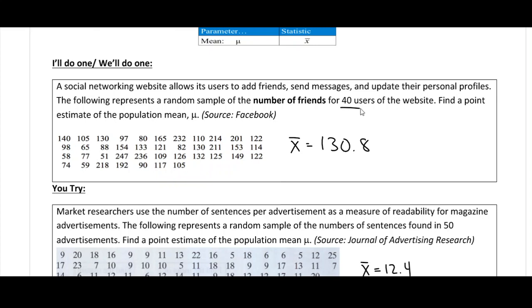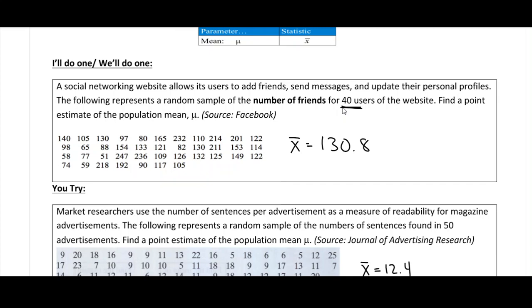And that's what we have here, right? A nice point estimate would just be the average of this sample of 40 users. And I went ahead and did this for you. All you have to do to get the average, of course, is add up all these numbers and divide by, in this case, 40, right? And it comes out to be a nice point estimate of